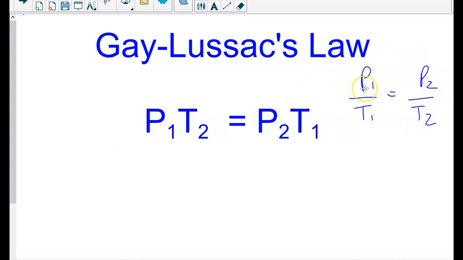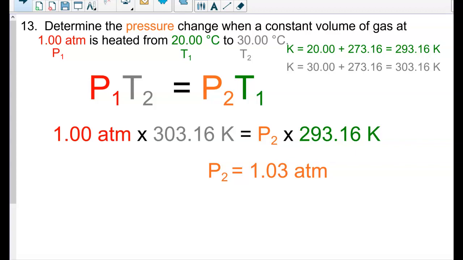like this often in a textbook or on the internet. All I've done is cross-multiply this and make it more of a linear equation, just to make the math a little bit simpler in my opinion. So here in example 13, we have a pressure, looking for pressure. We have a pressure given right here of 1 atm,